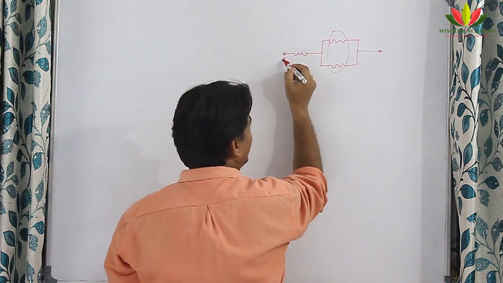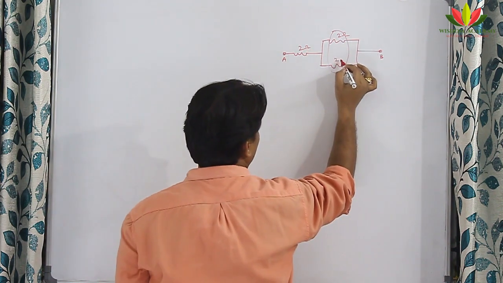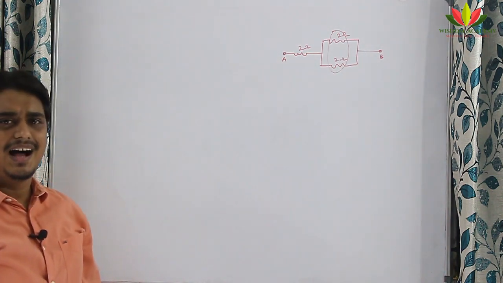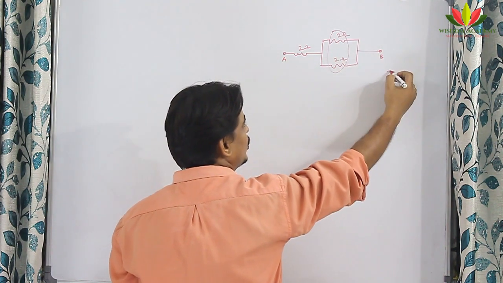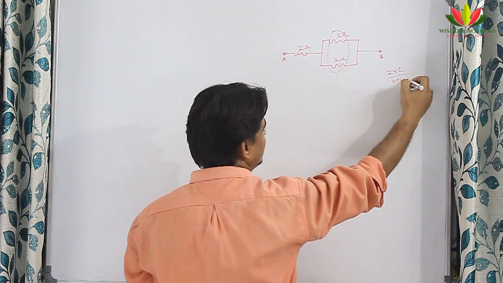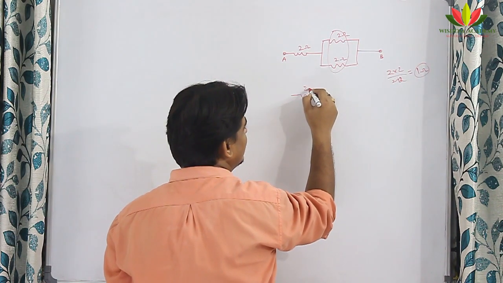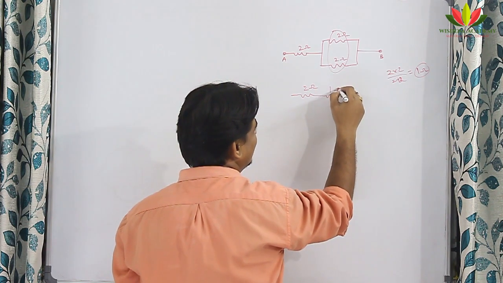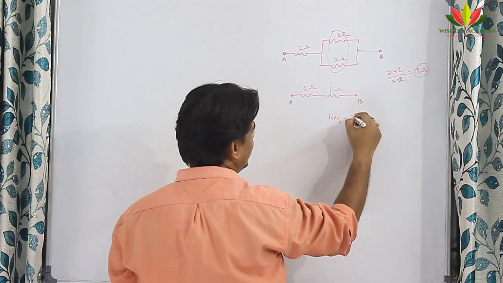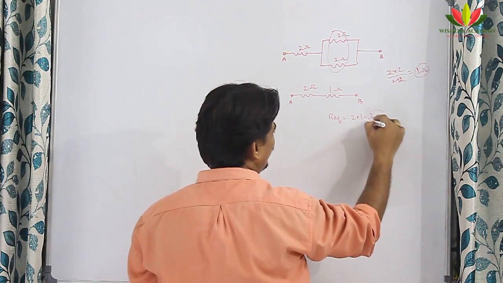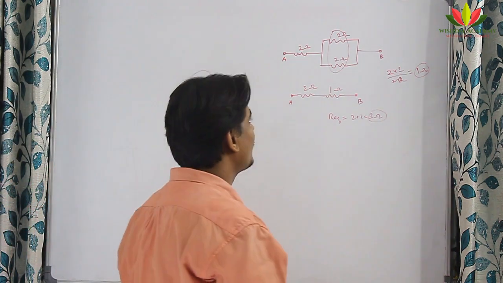Suppose I have taken a very basic question. This is a 10th level question. Between A and B, suppose this is 2 ohm, this is also 2 ohm, this is also 2 ohm, and they ask the value of R net, or R equivalent, between A and B. This 2 and 2 in parallel will form 2 into 2 by 2 plus 2, that is equal to 1 ohm equivalent. So it is 2 here and it is 1 here. So between A and B, the R equivalent will be 2 plus 1, that is equal to 3 ohm. These kinds of questions, never expect them in the school examination. It is a very low level question, right?